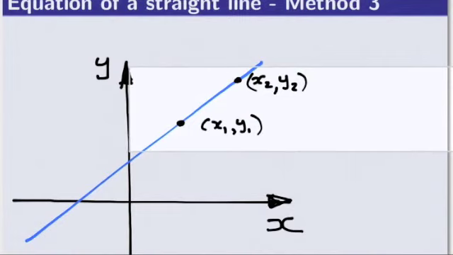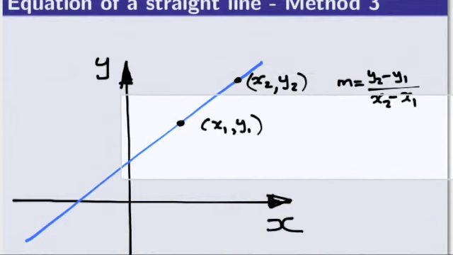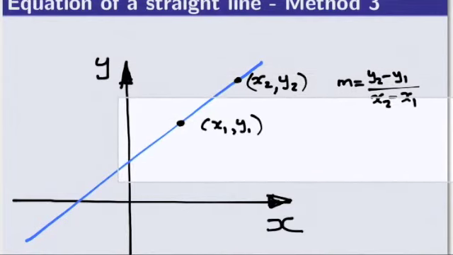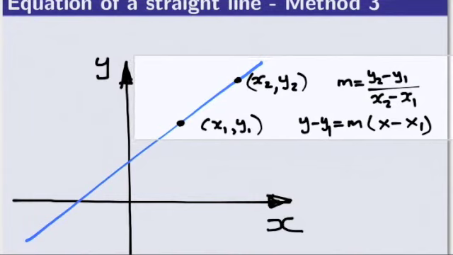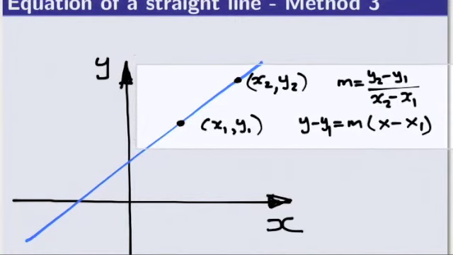We know from our discussions so far that the gradient can be computed by y2 minus y1 over x2 minus x1. Knowing 2 points on the straight line, we can compute the gradient, and knowing a point on the straight line, we could write the equation of the straight line as y minus y1 equal to m times x minus x1. So since we can compute m knowing 2 points on the straight line, we can compute the equation of the line according to